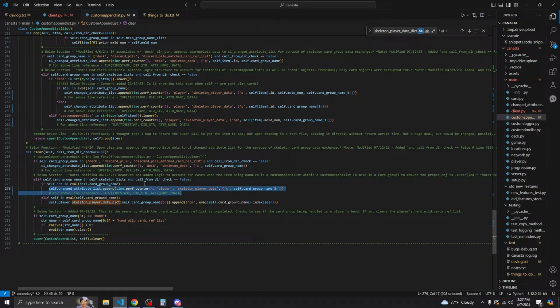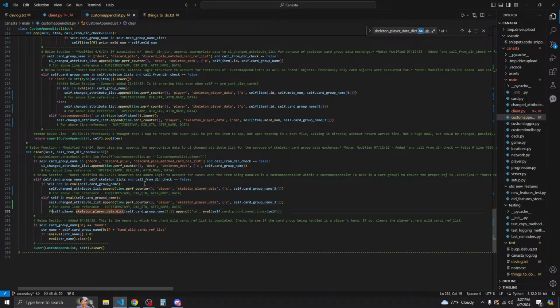Same thing here, we can copy that, go down here, double comment to replacement, self change attribute list append timestamp adder name, dir string adder name, and then this one is going to be CM eval self card group name dot index of self. Okay, so that one is a little bit different, I think. Okay, so copy that, and we can just put that right there.